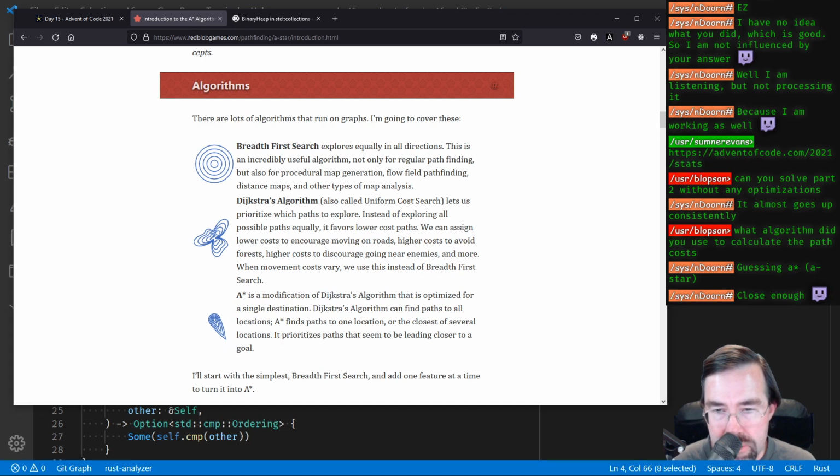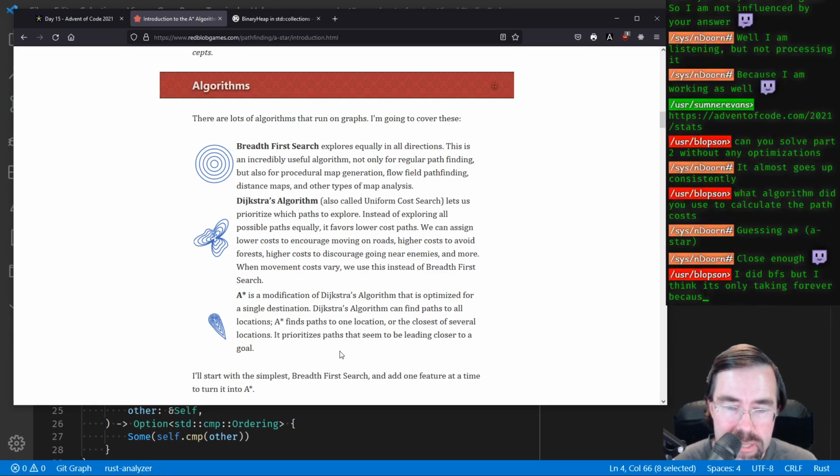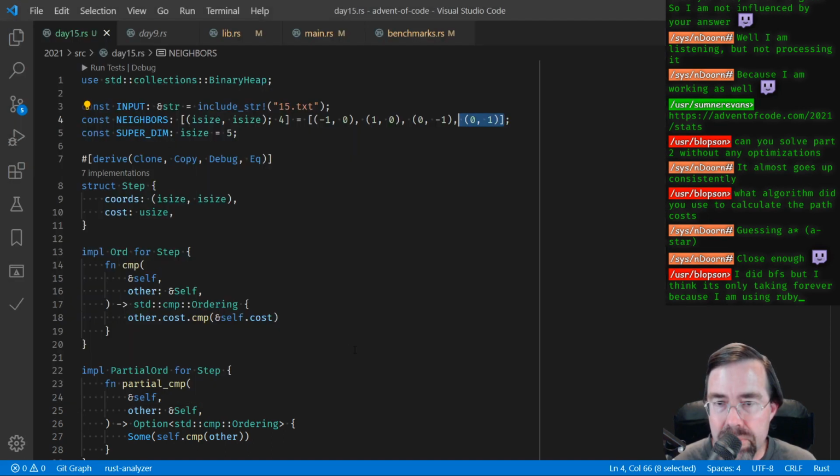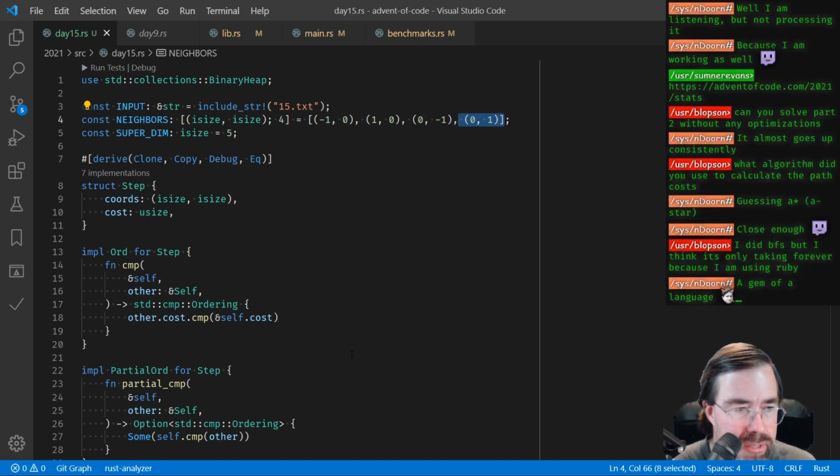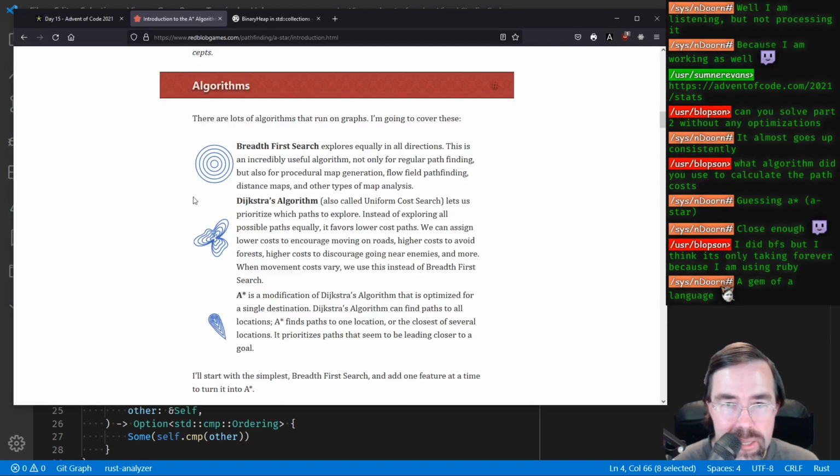Because of that focus, it prioritizes paths that seem to be leading closer to a goal. And the heuristic can be simple or complicated. The heuristic could be just which direction it is, or it could be something more complicated if you want. You read breadth first search, but you think it's only taking forever because you're using Ruby? Maybe. Dijkstra's only improves it by prioritizing the shortest paths over the